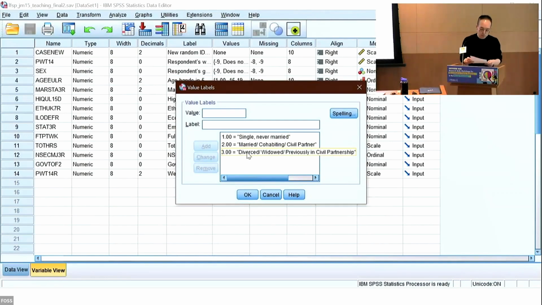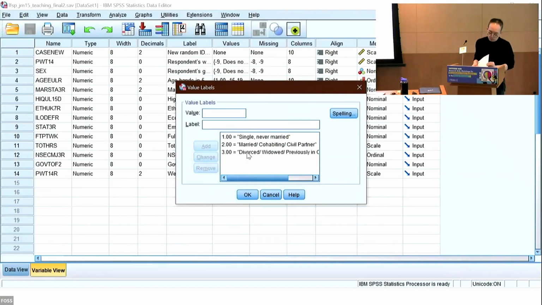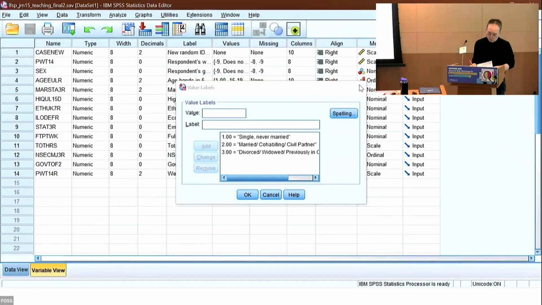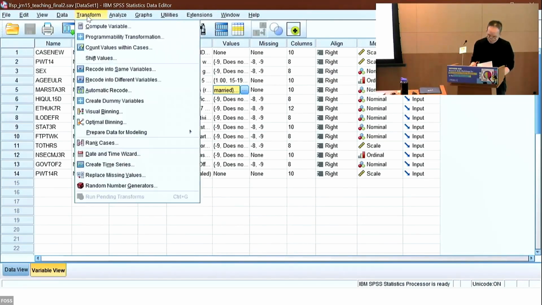We're going to recode this variable into one with only 2 categories, 1 for those who are married, cohabiting, or in a civil partnership, and 0 for those who aren't. This is called a dummy variable. In SPSS, there are 2 methods of recoding variables, the menu-driven method and the syntax-driven method, and I'm going to talk you through both. To recode this variable using the menu-driven method, click on the Transform tab at the top